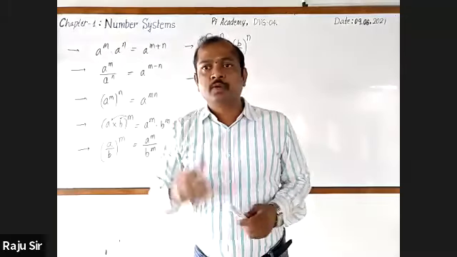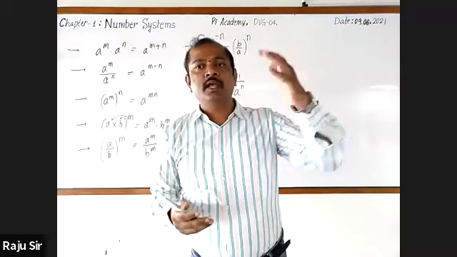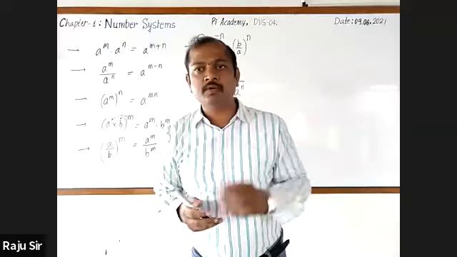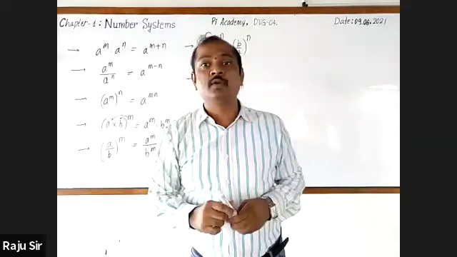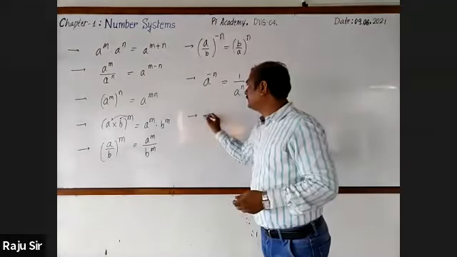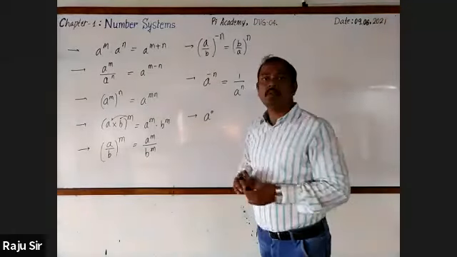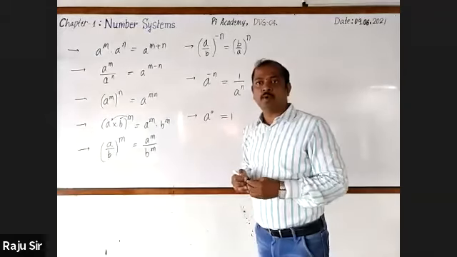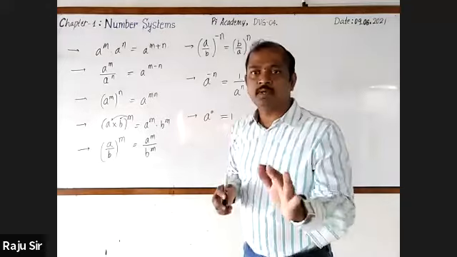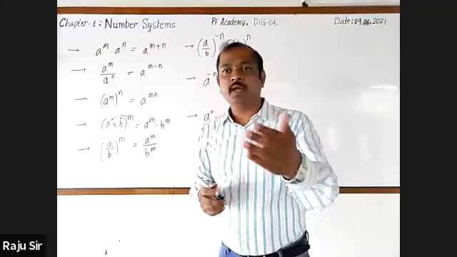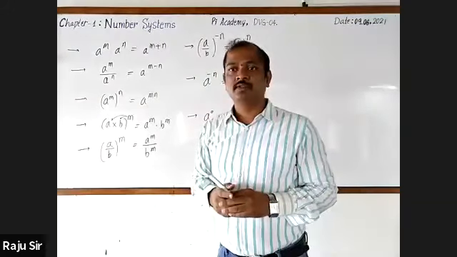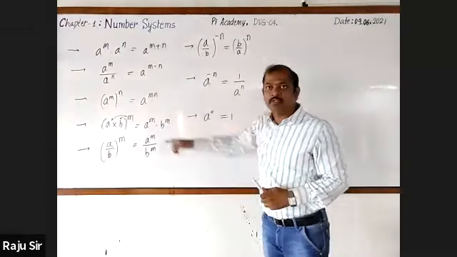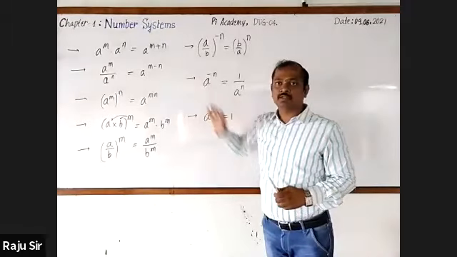Dear students, could you tell me what any number with power 0 is? What is its value? Very good, very good. It is 1. And generally, it can be written as a raised to the power 0 is equal to 1. So these were some important laws that we came across in yesterday's class. Dear students, in today's class, we shall solve problems on these laws.